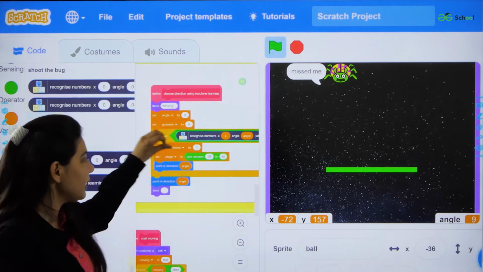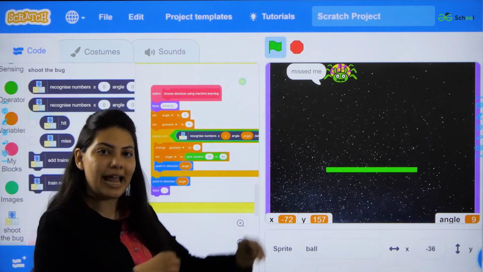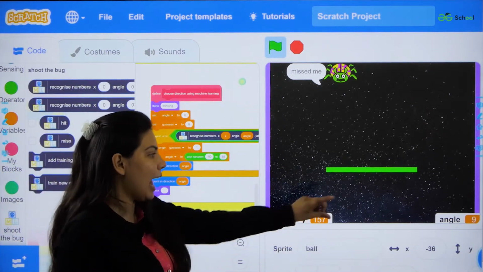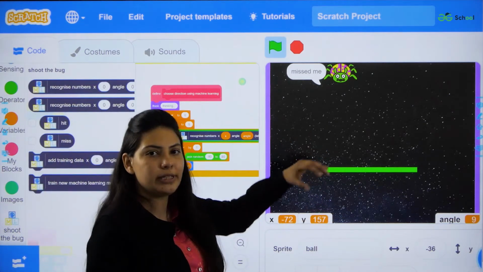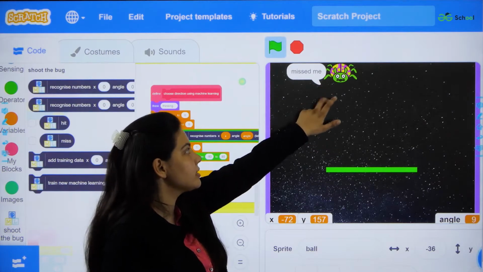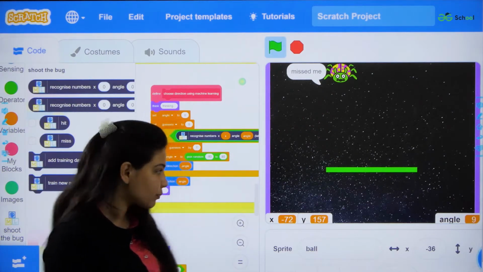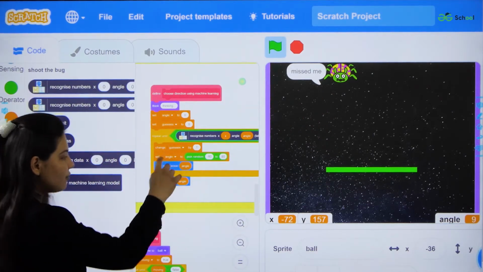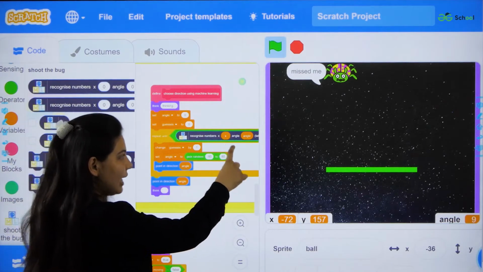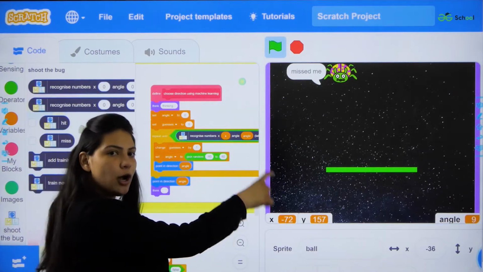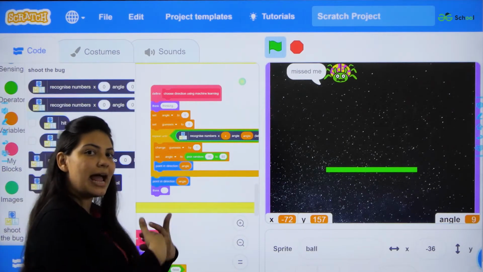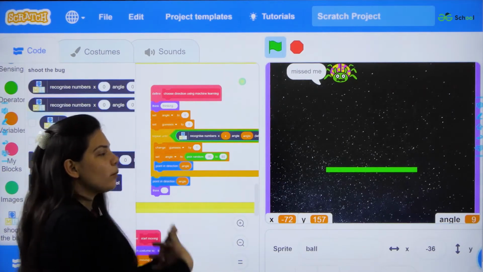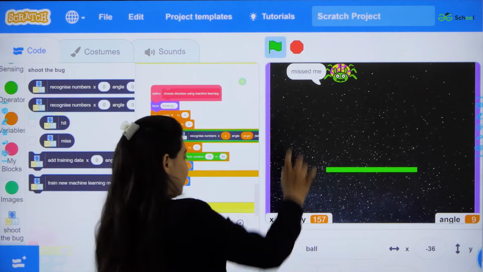What we have done is that my computer will repeat the process of randomly selecting the angle only when it's predicting more than 20 guesses that it will hit the bug. So you can see I have modified it. It would recognize the angle and the coordinate of the bug, and it could make random choices only when it thinks it could hit the bug.